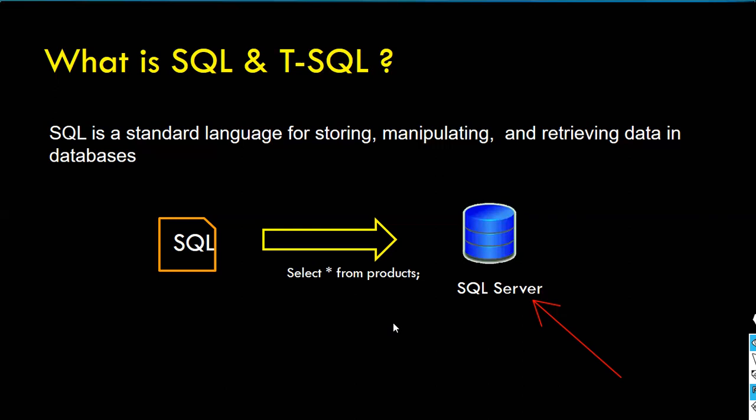So what is Transact? Why did they name it TSQL instead of using SQL? Why did they name it Transact? So in TSQL, a batch is a group of one or more Transact SQL statements that we submit as a single unit to the SQL Server database engine to be executed together. Okay. So here you can submit your SQL queries in batches. A batch can have more than one